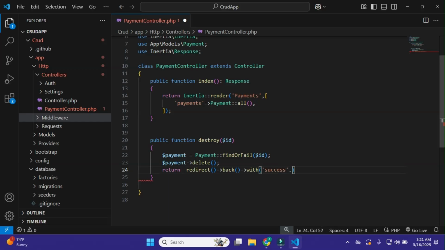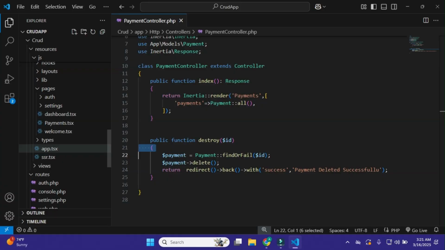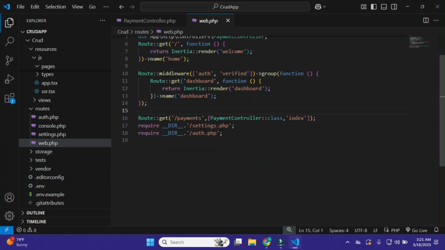Success and add here payment deleted successfully. Okay, that's it. We just simply do this, save this, and come quickly to web.php, and here just copy this route